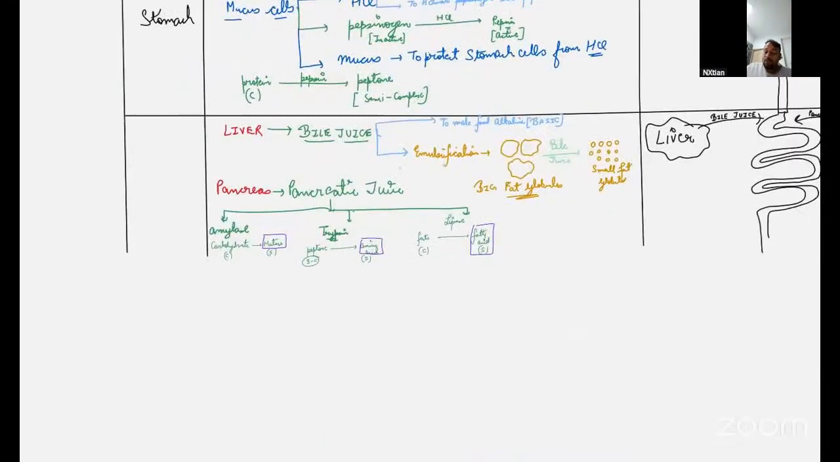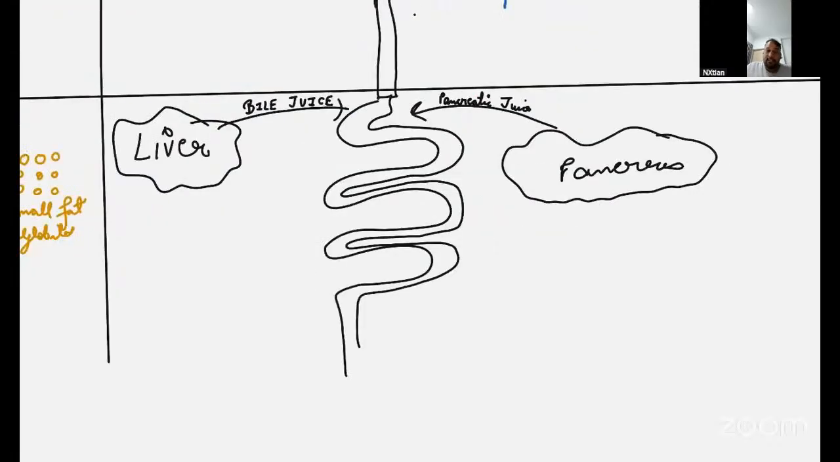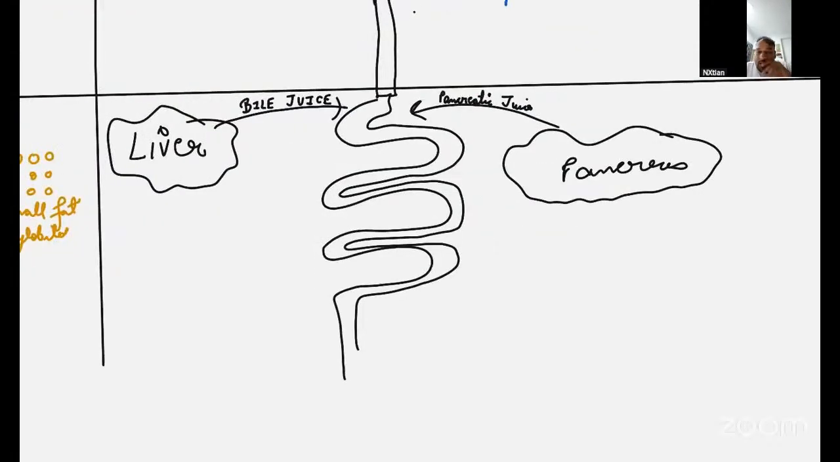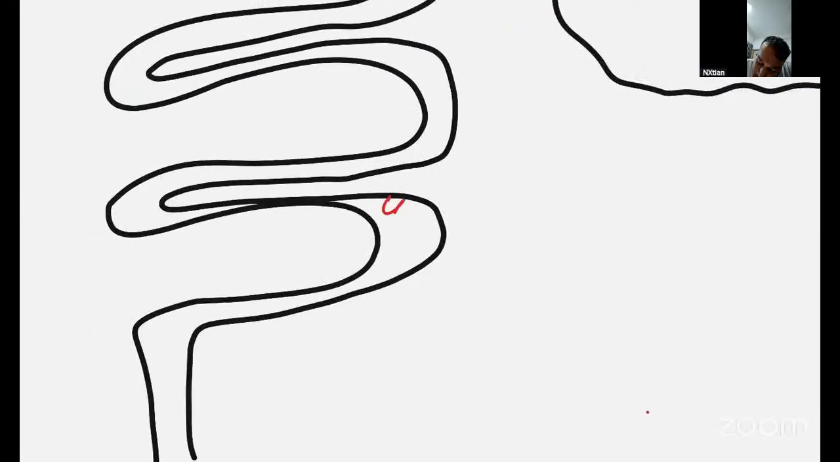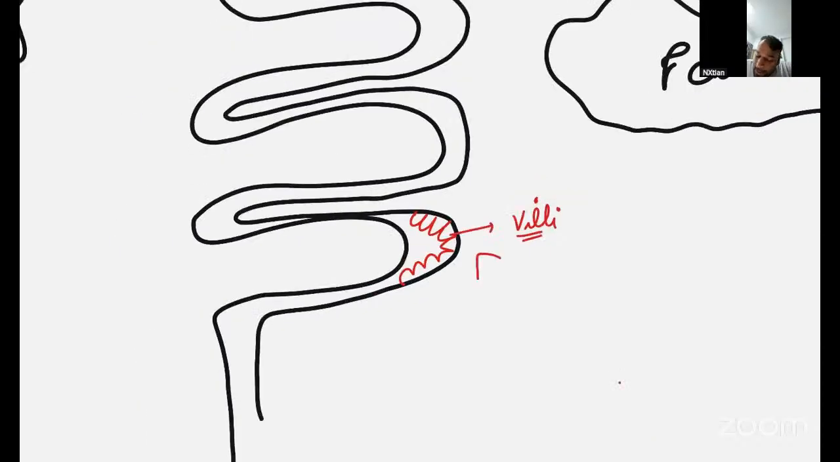Now you know what happened: pancreatic juice, liver, bile juice, all these things do their work in the small intestine. There is a finger-like projection there. This finger-like projection is called villi. So what is the role of villi? Villi absorb